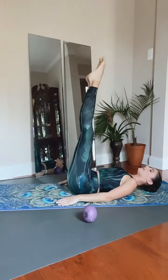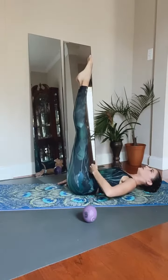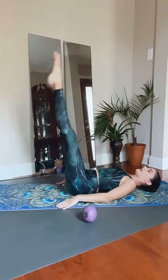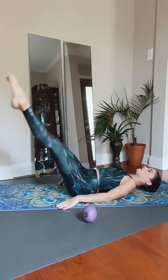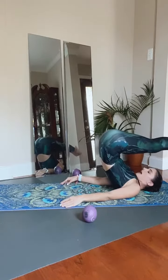Let's go one more time like that, then I'll tell you the other option, which I thoroughly enjoy because it really works your lower abdominals, but as well as stretches out your back. Down, around, and up. This next one, I'm gonna circle my legs to the right. I'm gonna go down, around, and I'm gonna hike my hips up, parallel to the floor, and then I'm gonna